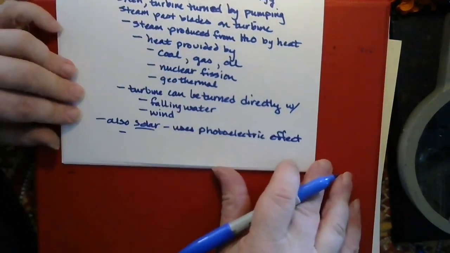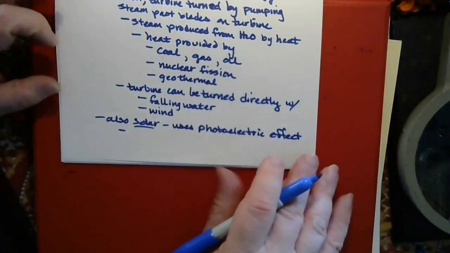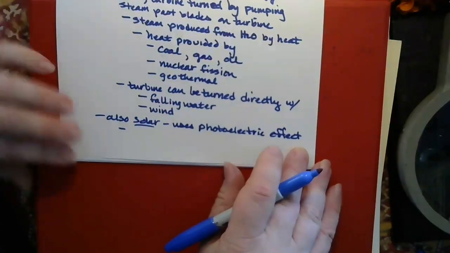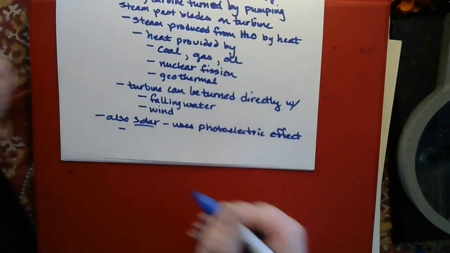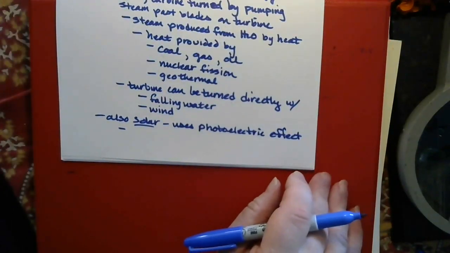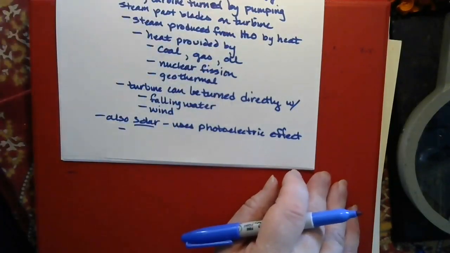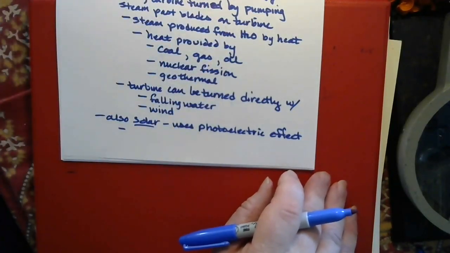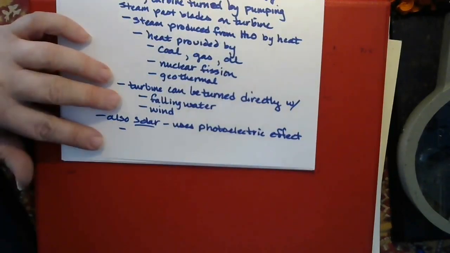Solar power uses the photoelectric effect, which was discovered by Albert Einstein in 1905. Well, actually, it wasn't really discovered by him. It was explained by him. It was a phenomenon that was already known. What this means is that